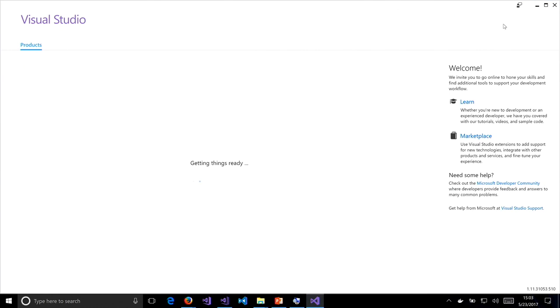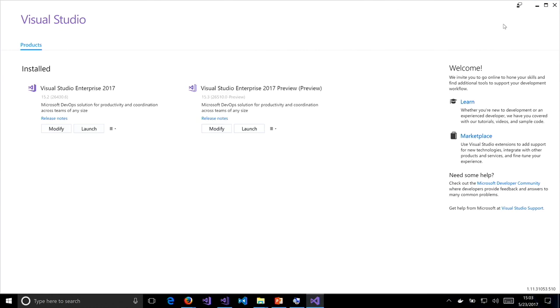So let's get things ready with the Visual Studio installer, and you can see I've actually got 2 different versions of Visual Studio on my machine. You can always put down multiple versions of Visual Studio 2017, multiple SKUs, side by side if you qualify for them. So I have the preview installed for Enterprise 2017, and then the full release version, the 15.2 version of 2017 sitting here. I'm going to click Modify on this one,